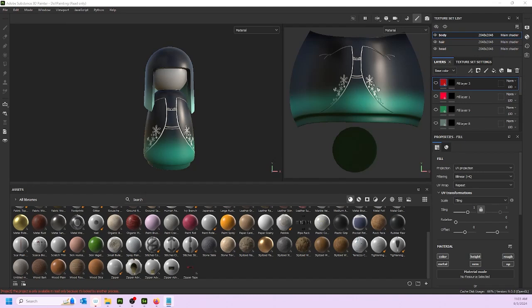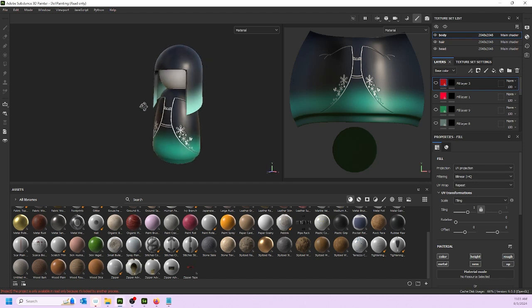Today we are going to continue where we left off to paint our 3D models in Substance Painter. So, let's get started. Okay, so last time that I was doing this, our lovely little kimono doll, she's so